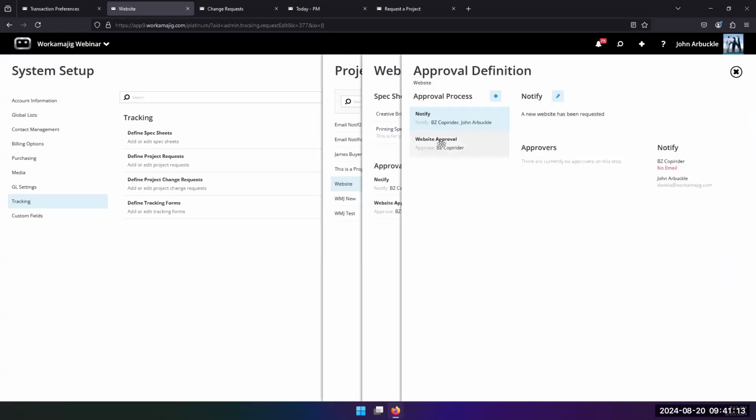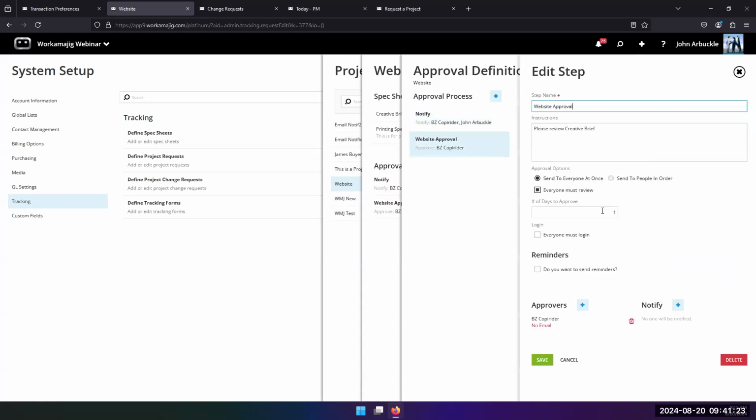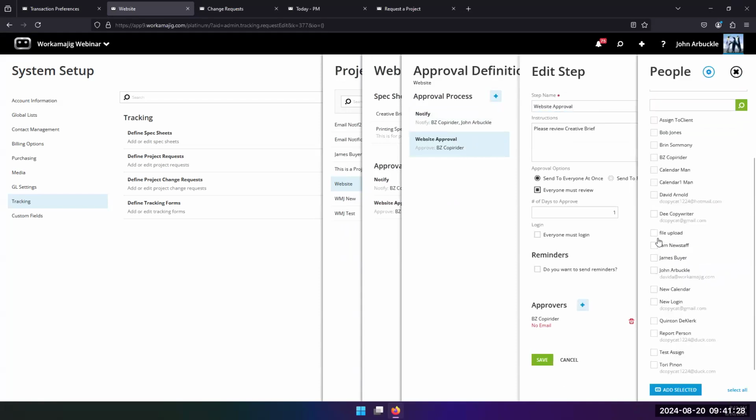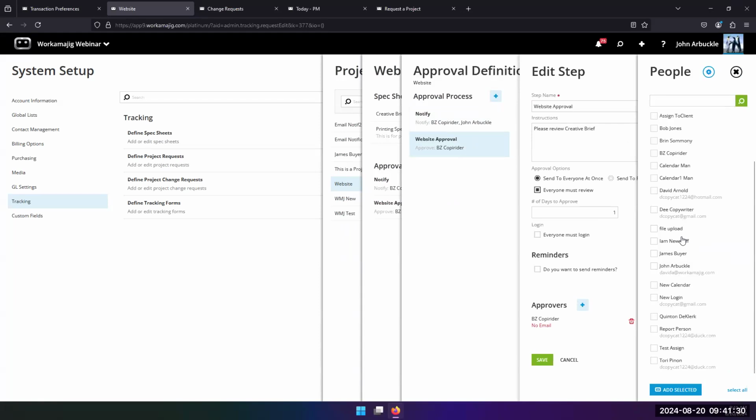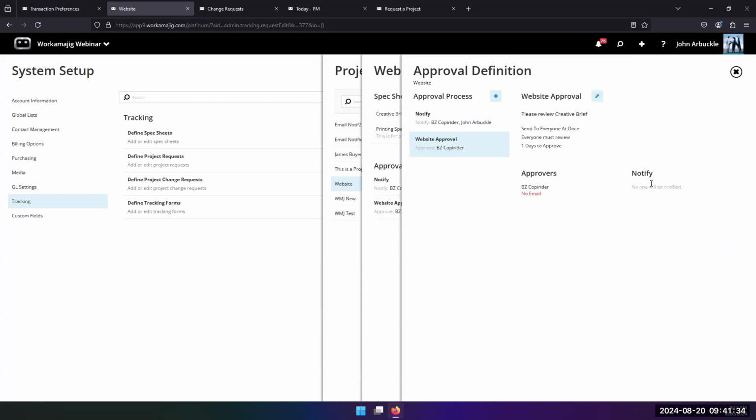So this approval process, I can have a couple of steps. Again, I'm deciding who in this is going to be a notify, who's going to actually be the approvers. And if I go to here, you can see that the approvers tend to be a person. I want this to go to a particular person. And there we go, right? And then if I notify them, again, who gets notified? This one is more along the lines of a centralized approver,